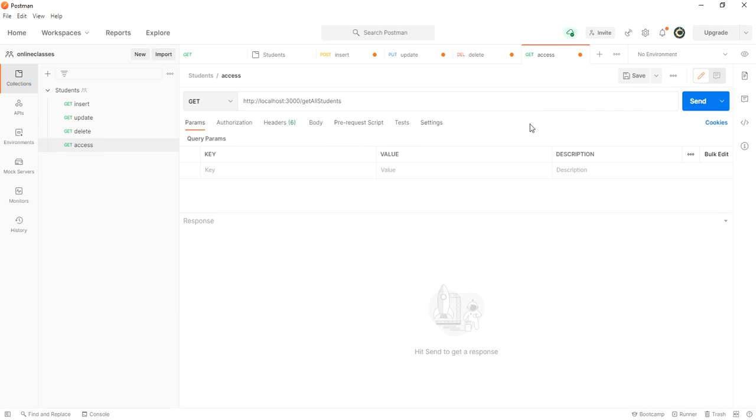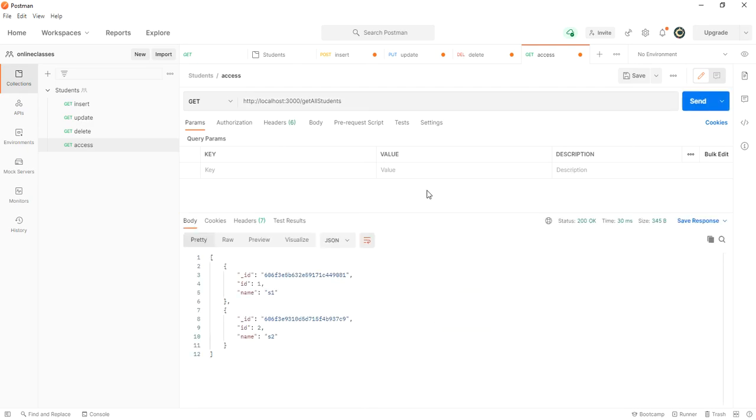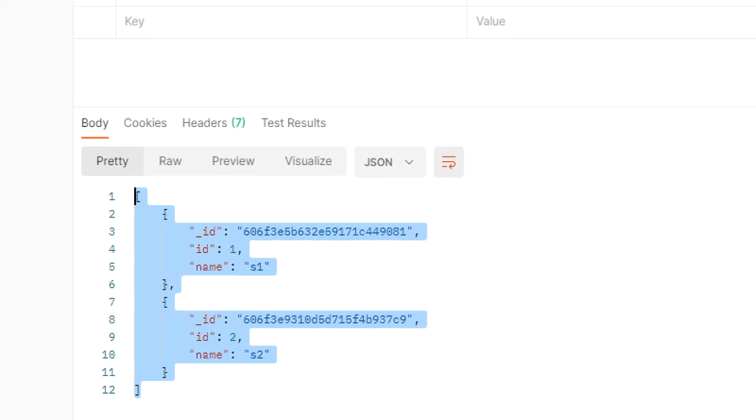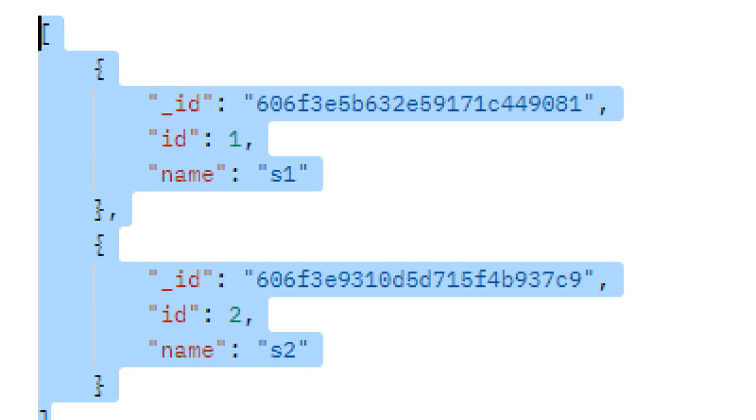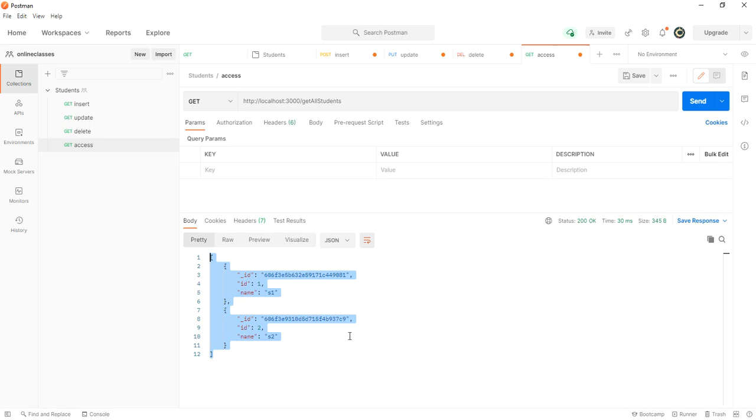We are not sending any value, that is why we don't need any other headers or body information. See, sir, we are able to access the records which are available in the database.